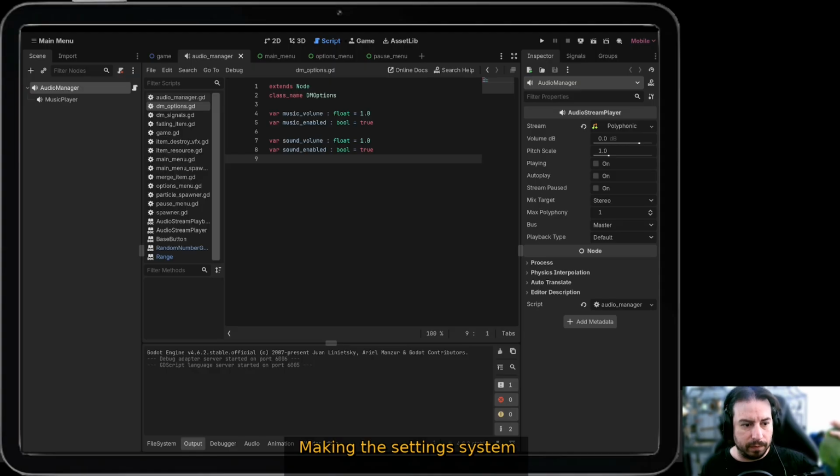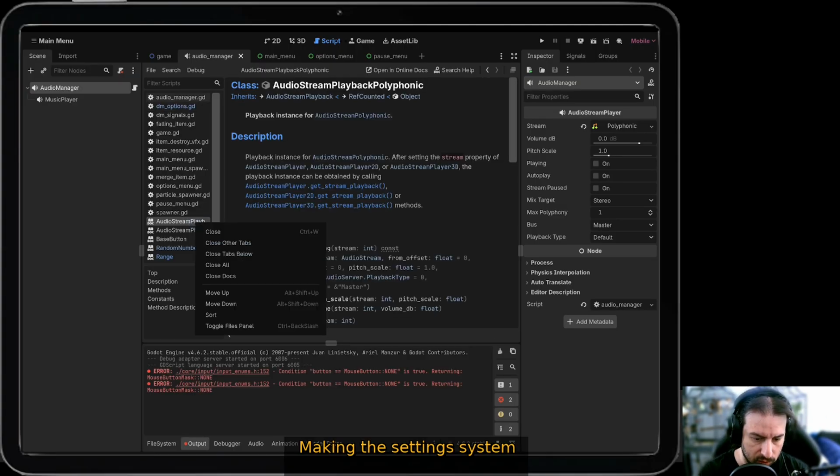Let's recap from last time. I was trying to finish the settings options of the game, mostly the audio options: sound volume, music volume, and enabling and disabling music and sound. So let's continue with that, and let's see if I can finish